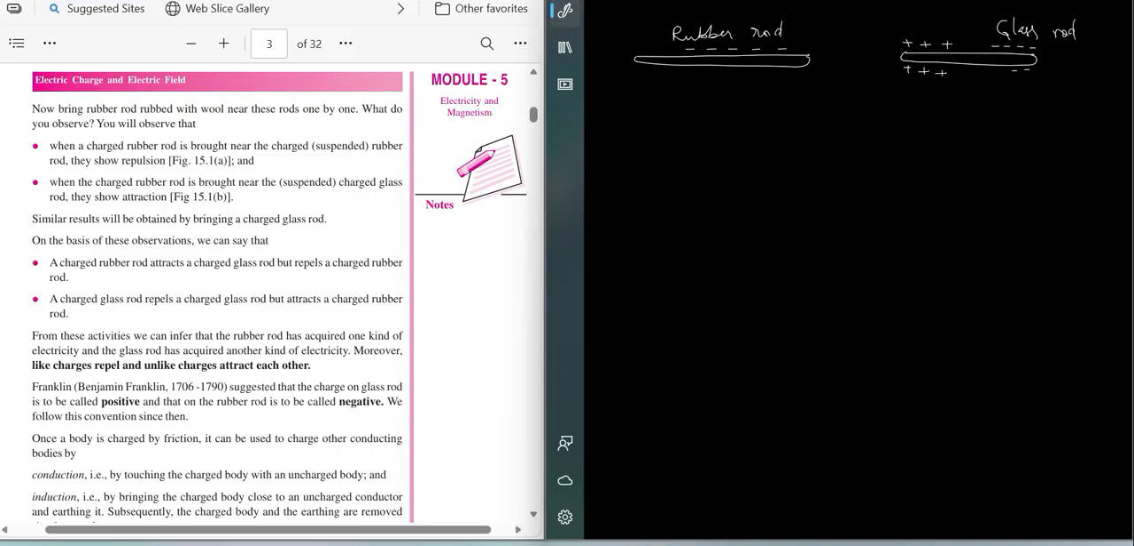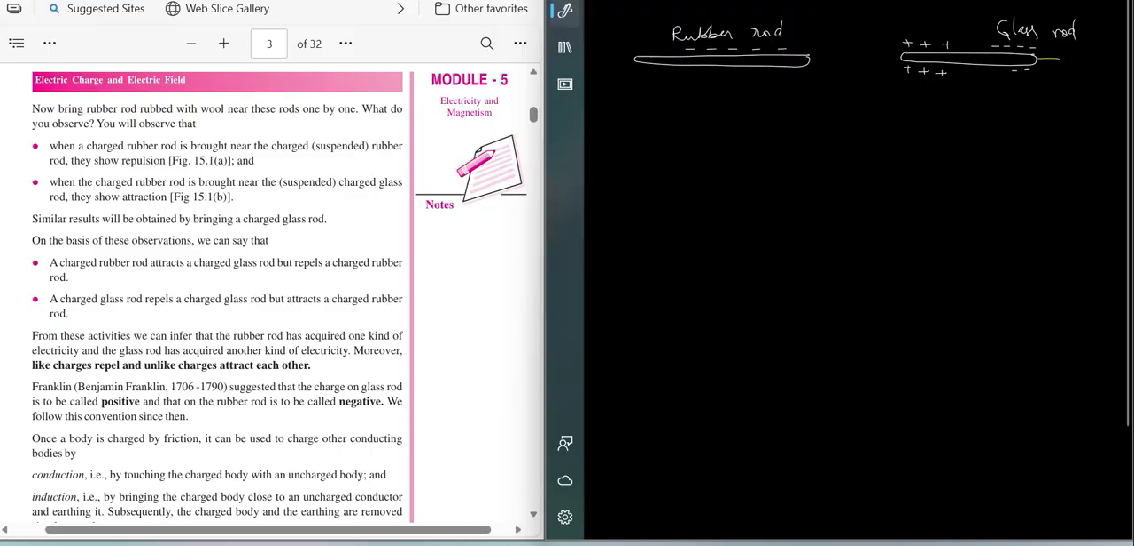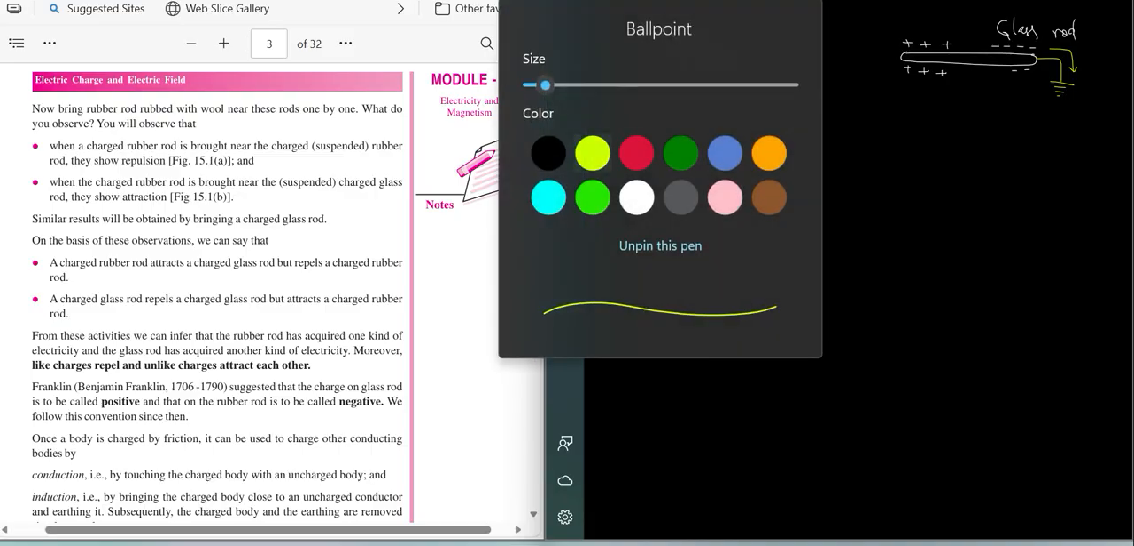Now what we will do is connect an earthing connection on the far end, so that whatever negative charge is there near that end gets transferred to the ground or removed from the rod. So what will happen after that is